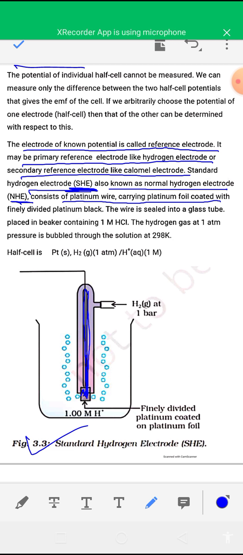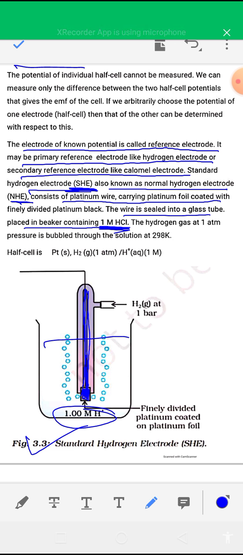Here, platinum wire, platinum foil which is coated with finely divided platinum black, and the wire is sealed into a glass tube, and the wire is then placed in a beaker containing 1 molar HCl solution. In this beaker you have to take 1 molar HCl solution. Okay, and then you have to dip this platinum wire into the 1